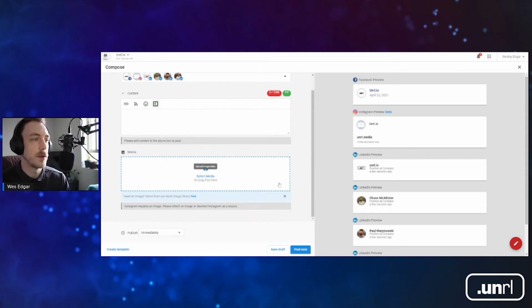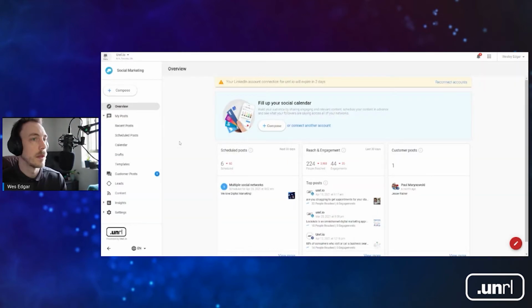Templates simply allow you to have a framework for your posting. So you can always jump into a template and then change out your graphic or change out your wording and then have that be your scheduled post rather than having to curate a unique post every single time. So now that you've seen a quick overview of the options you have within the social marketing app, let's make